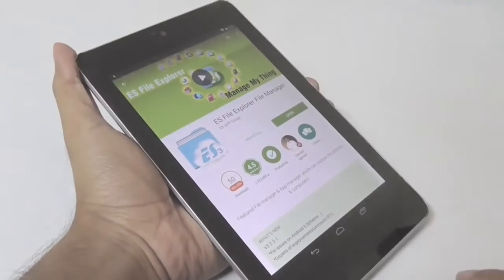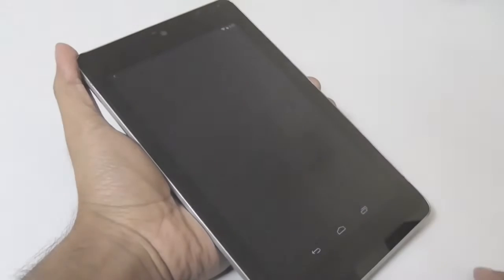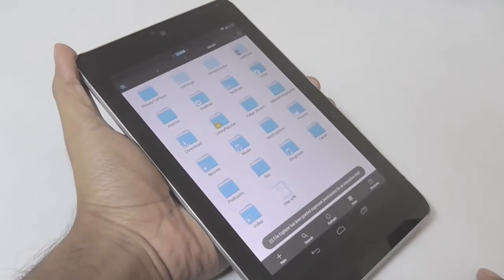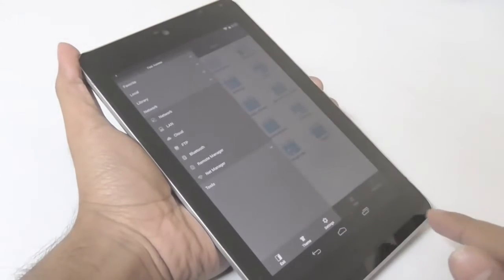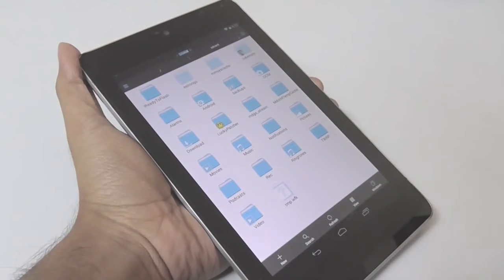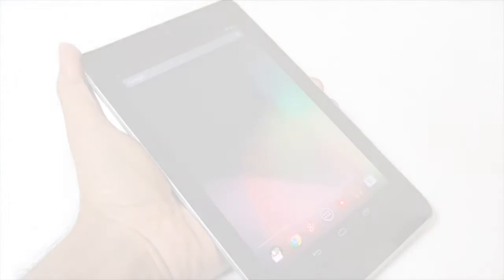In today's video, I will show you 10 super cool things that you can do with ES File Explorer. On the surface, ES File Explorer may look like a simple app meant for performing some basic functions like viewing pictures, documents, streaming media, and creating and navigating folders. But if you dive inside, you can see that it can do much more than that. And in this video, I will show you 10 super cool things that we can do with ES File Explorer. So without any further ado, let's get started.